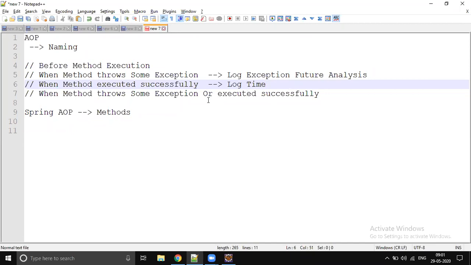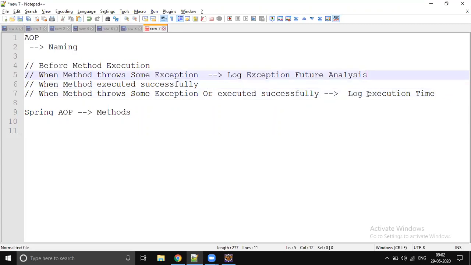So when the method executes successfully, this fits here. With exception or without exception, it's fine. We want to know how much time that method is taking. So log the execution time, and if any method is taking more time, you can look into that code to see where exactly the issue is and try to apply some solution.